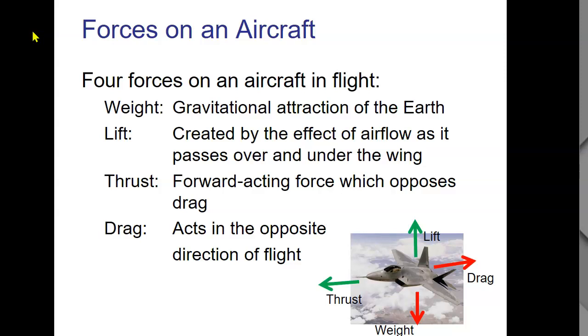Weight is a gravitational attraction from the Earth. Lift is created by the airflow over and under the wing. Thrust is produced by the power plant or the engine. And drag, it's kind of like friction. It's from the air. So we'll get more into atmosphere later, but the thinner the air is, the less drag